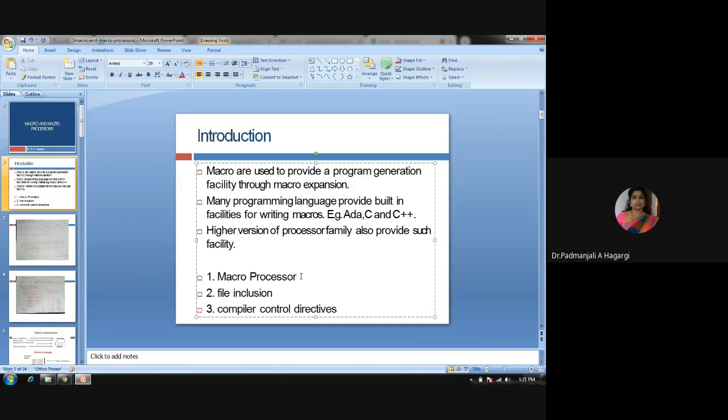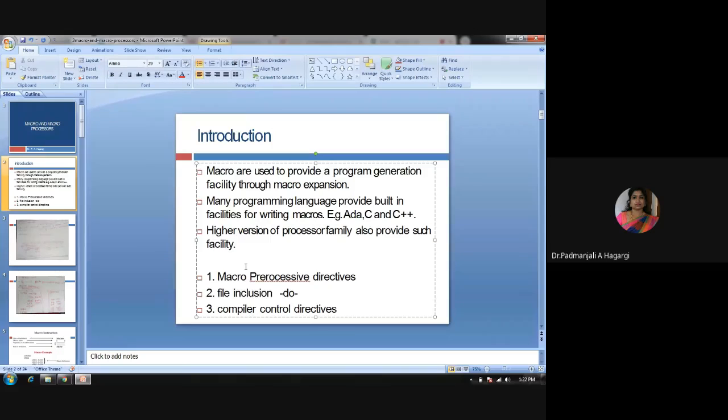So I should write the complete word, macro pre-processing directives are the statements, and file inclusion directives, I'll write here as B. These were the three.